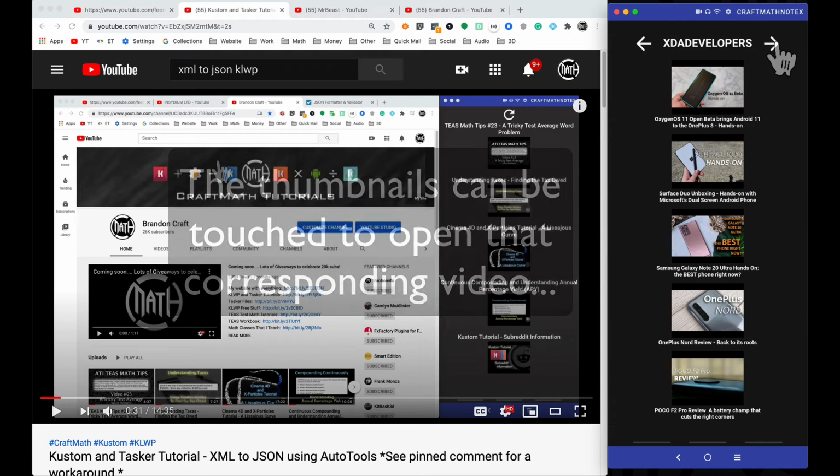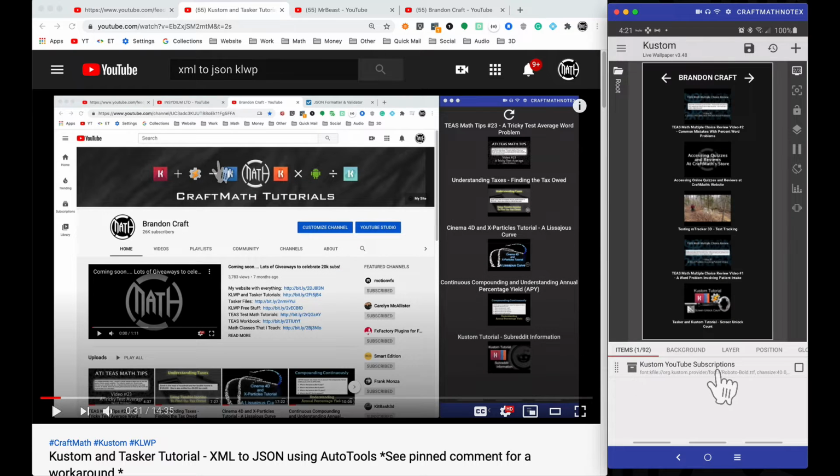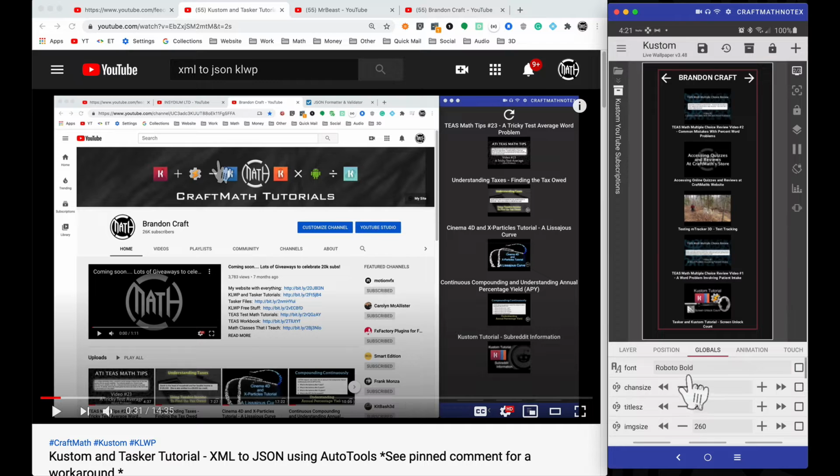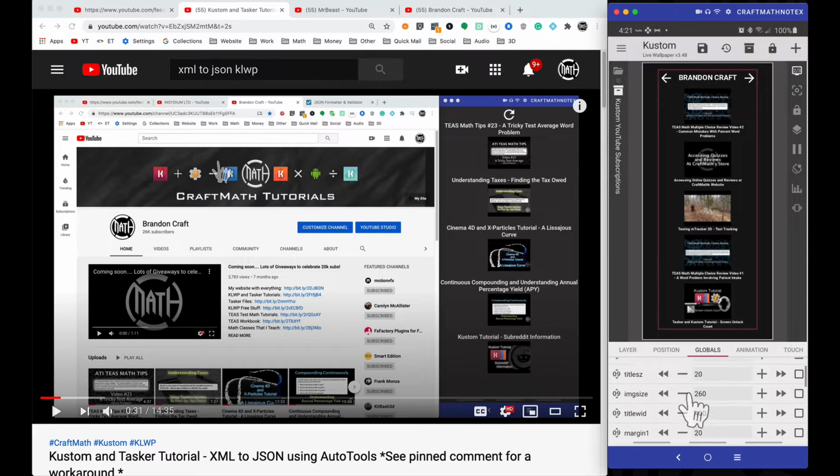Let's go ahead and add one. So again, custom YouTube subscriptions. This component is in my free components folder. Let's go ahead and jump into the globals of that component. Now some of these globals here are self-explanatory. I'll go over those in a second, but I want to go ahead and show you how quickly you can